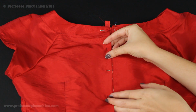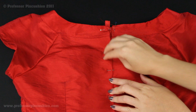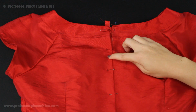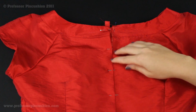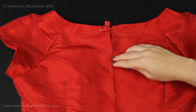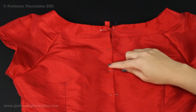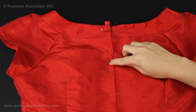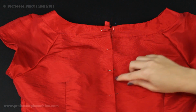So when you have it pinned, it's going to just cover the zipper teeth, and you won't really be able to see your zipper. Now, you need to use your finger to feel the zipper teeth as you're doing your basting stitch, because you want to have it right next to it. So I'm going to go ahead and pin all this down, and then I'm going to do my hand basting stitch again. The next part is we're going to go to the machine so we can use the zipper foot